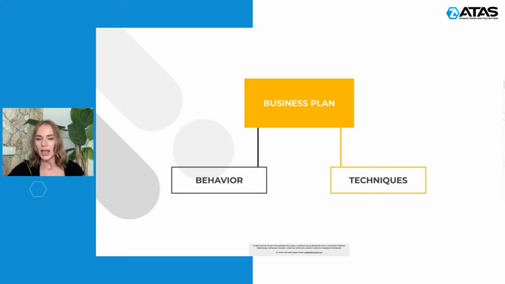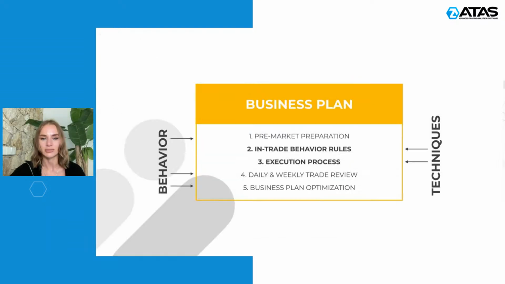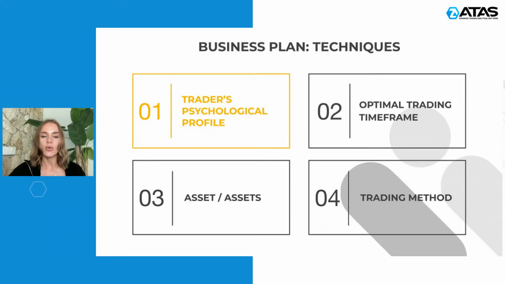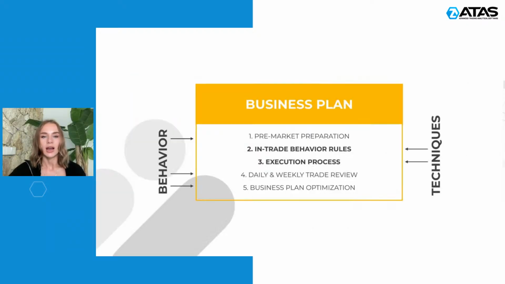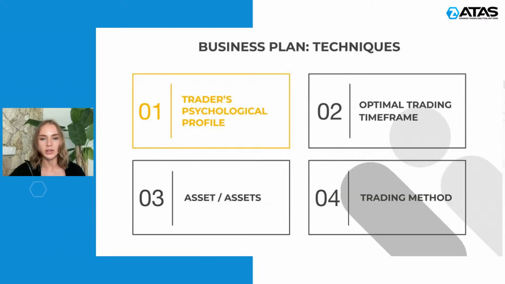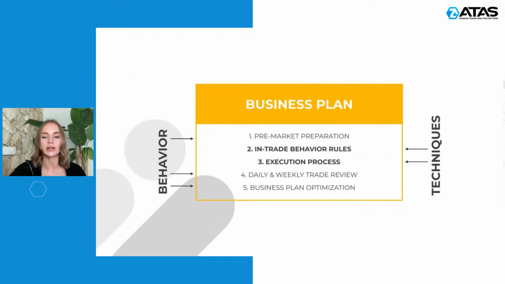So now, as we cover the business plan behavioral aspect, let's talk about techniques. What are the technical aspects of our business plan? It is the in-trade behavior rules, and it is the execution process, of course. Very important part. Now, within these two, the in-trade behavior rules and the execution process, there are 4 elements which you need to have to be able to build those two, the behavioral rules while you are in the trade